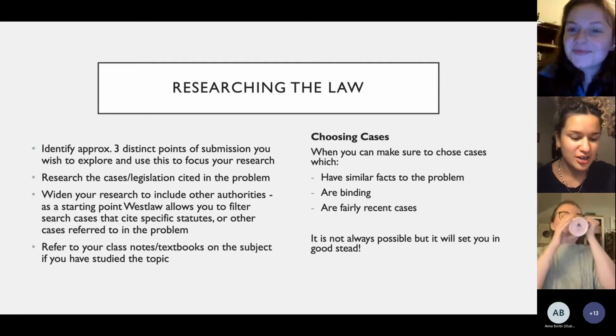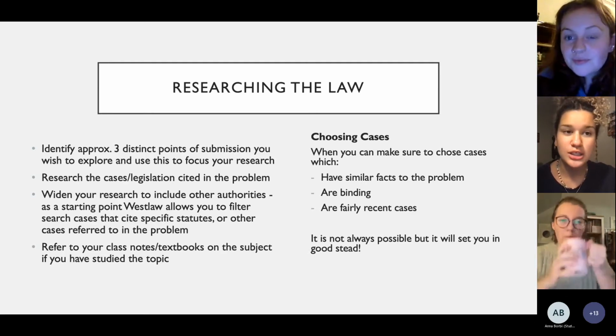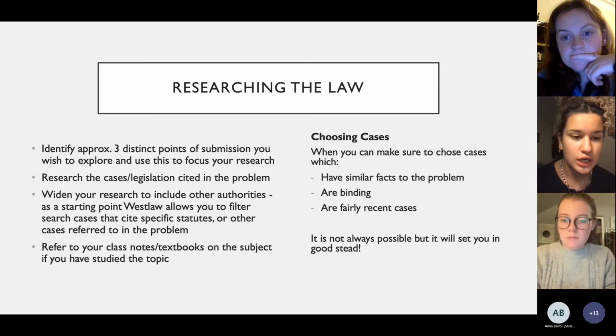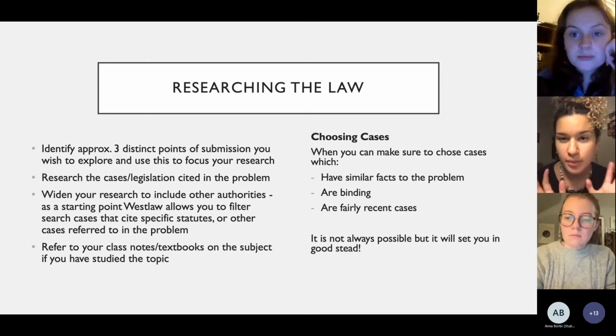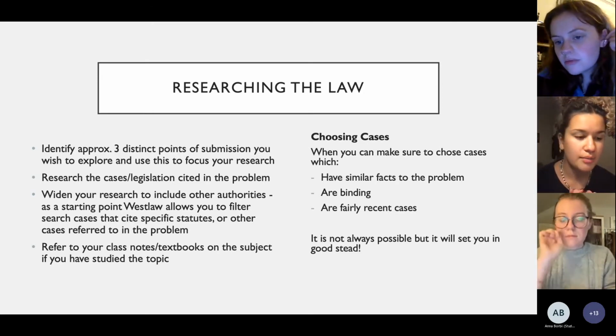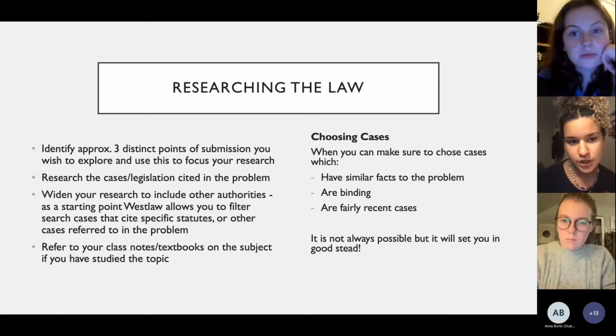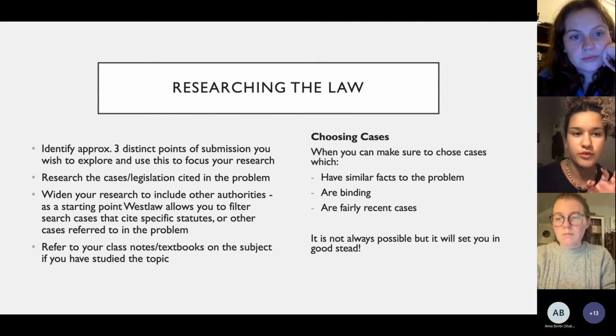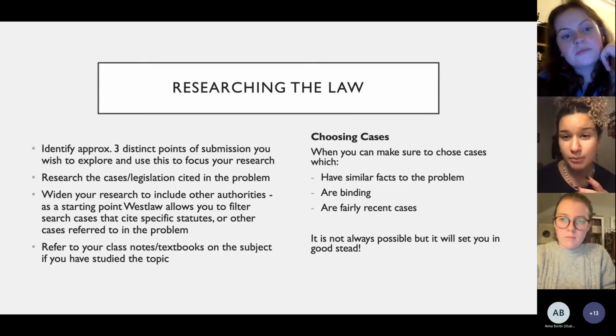Right, okay, so our next slide is on researching the law. So this is once you've been given the problem, you've familiarised yourself with it, and you know what you need to do. And then this is a little bit when you're working with your partner. I've put on the slide here that you should identify approximately 3 distinct points of your submission that you want to focus on research. I would say that any more than 3 is possible if some of them are small,